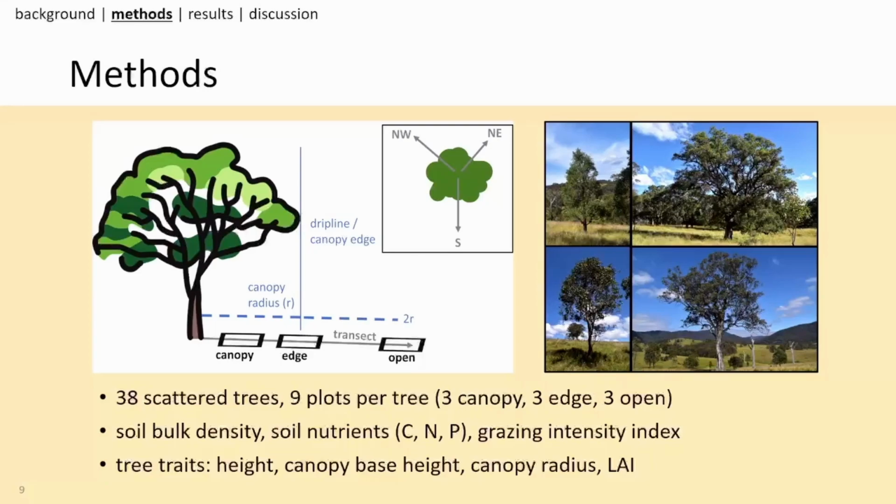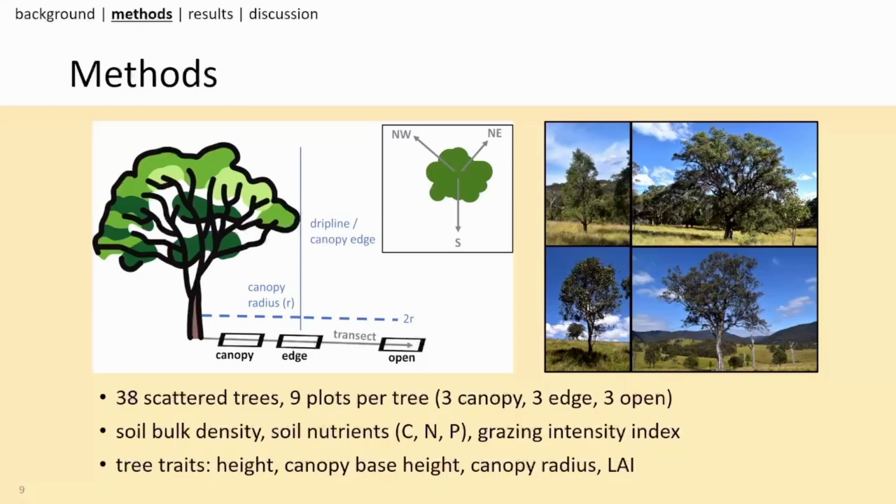I also looked at some environmental parameters around these trees, for example, soil bulk density, soil nutrient levels, and grazing intensity. I also measured some tree trait variables,